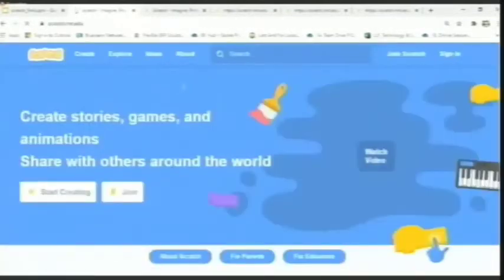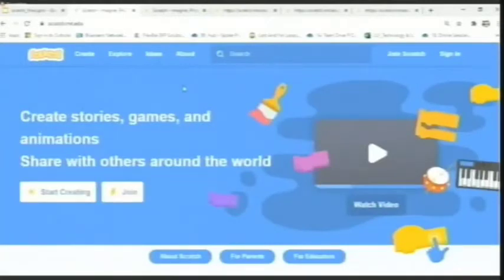For now, I would like to show you how to open the Scratch portal first. Let's type in scratch.mit.edu. When you type it, it will take you through a page which looks like this. All you have to do is select the very first option that is available on Google. Once that is done, here you go. The portal is ready. This is how the platform looks. This is a very informative and very interactive platform.